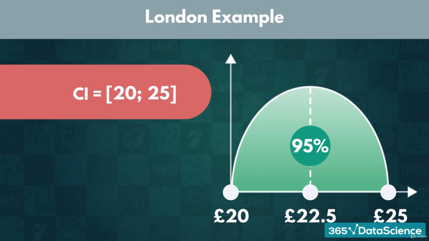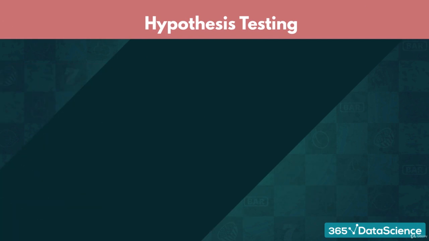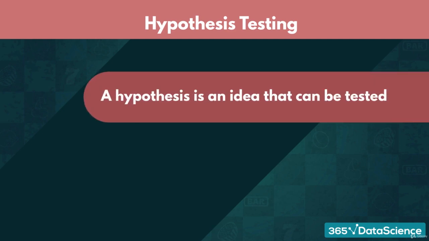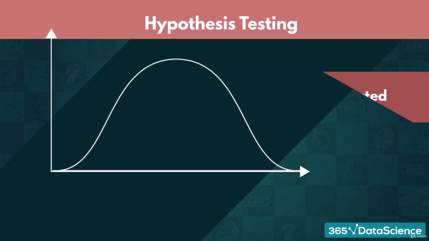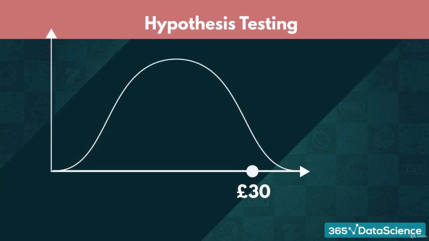Okay, another important aspect of statistics is hypothesis testing. We only mentioned it earlier without really explaining what purpose it serves or how we use it. Loosely, a hypothesis is an idea that can be tested. Stepping on the previous example, I may want to test if the average price of a meal in North London is lower than 30 quid. To do so, I would place the value on the graph and see where it fits. If a small part of the data lies to its right, then the statement is probably correct.